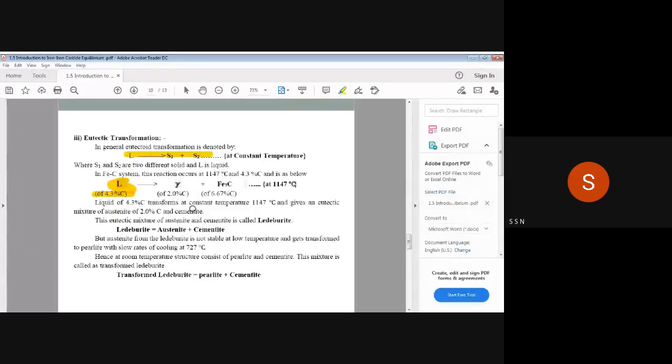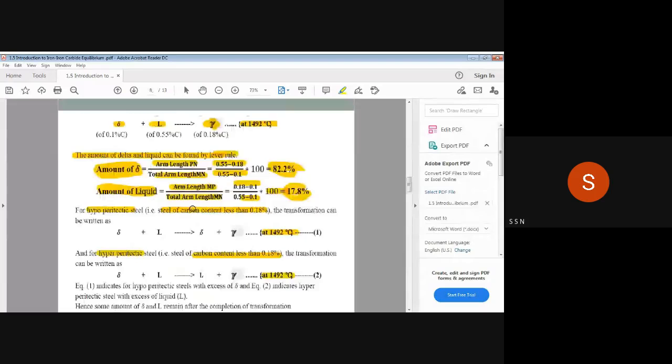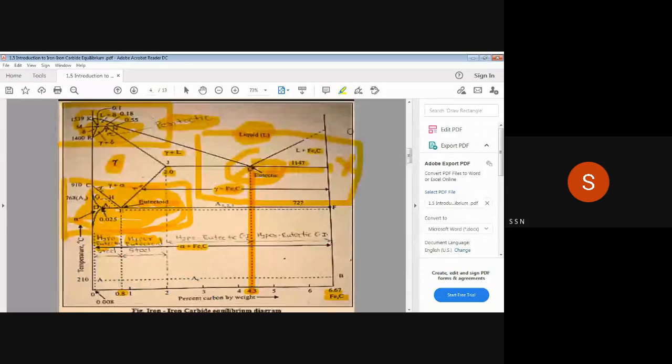Now here, from this J point to X point, if you want to apply the lever rule, the percentage of solid phase present here at J and the percentage of solid phase present at X, you can apply the lever rule. But solid present towards this left side will be not only this